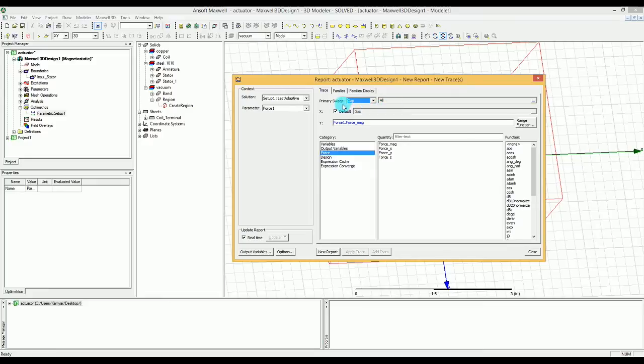So when you select the primary sweep to gap, it actually tells you that the X is going to be gap. You can change it if you don't like the default, but the default is right, and I'm going to go with the gap. So the Y is going to be the force magnitude, which is not a bad thing actually. This is fine. It doesn't make any sense to say magnitude of the force magnitude, because it's already magnitude. But you can actually change it to dB,